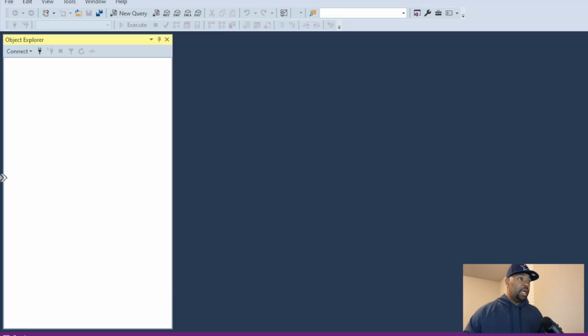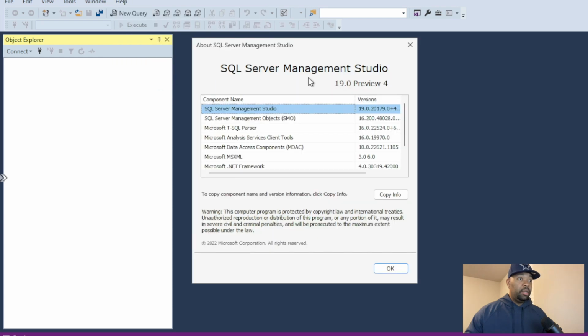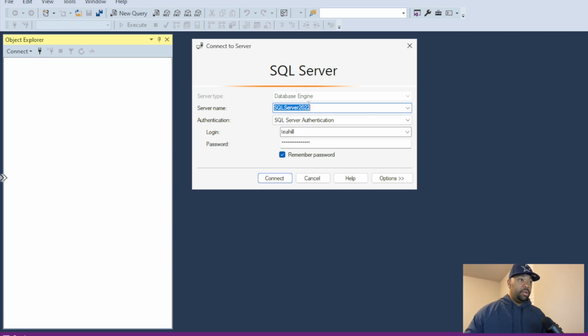So for the rest of the time, I will be logged into my Windows 11 machine. The first thing I'm going to do is launch the SSMS tool. And real quick, just so you guys note, we are running on version 19 here. So remember that to use the Managed Instance Link wizard, we do have to be running on version 19 or greater. So I will close out of that, and I'm going to connect out to my SQL Server